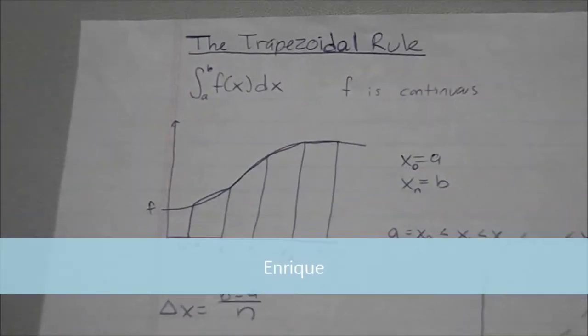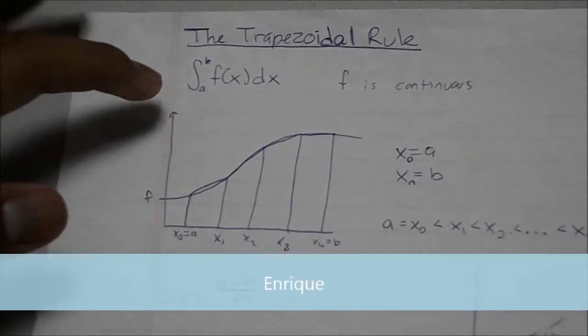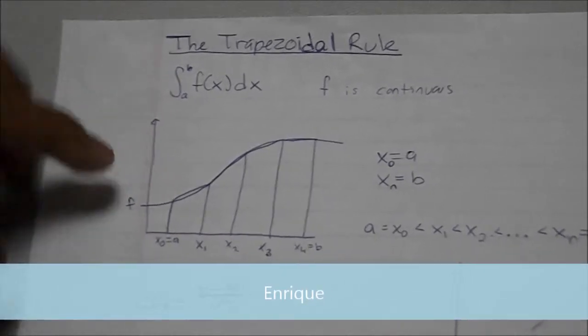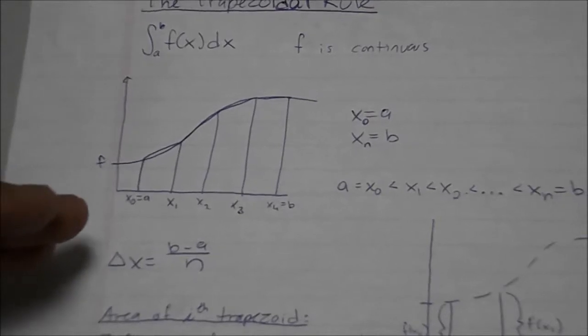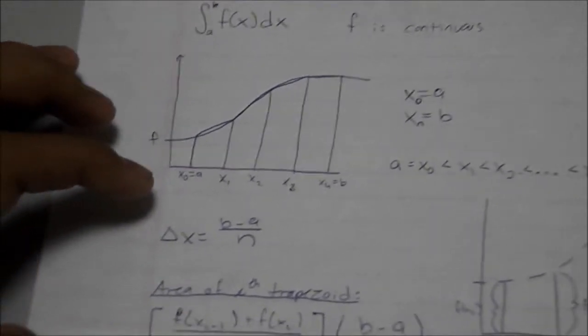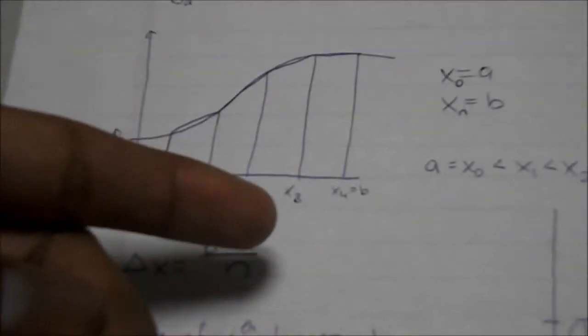The trapezoidal rule is practically an approximation of the area from A to B. F is continuous. Let's say you have a curve, and under the curve you can separate it into different intervals, from x of 0 equaling A, which is the first, to x of n equaling B, which is